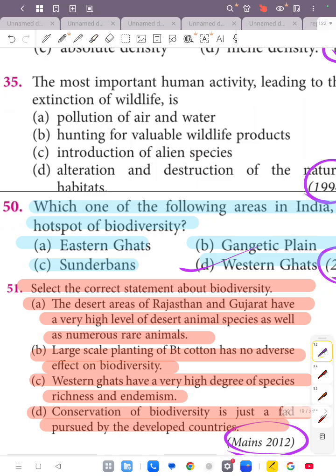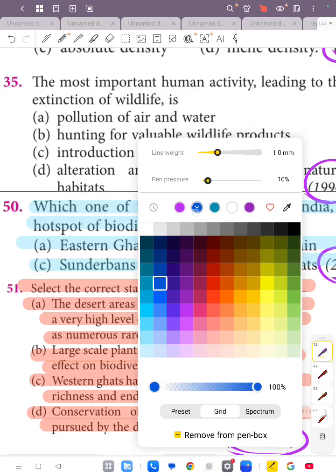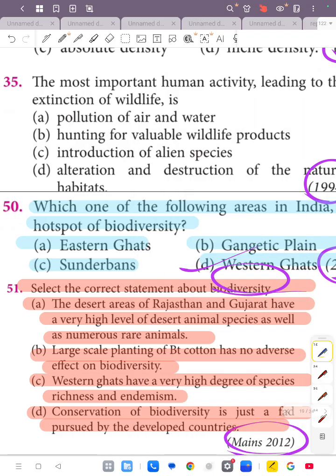Okay. Now select the correct statement about biodiversity. What do you think would be the correct statement according to you? Now see, desert areas of Rajasthan and Gujarat, do they have a very high level of desert animal species? What are the variety of animals? No, that's not the case, right? So we eliminate option number 1. Now large-scale planting of BT cotton has no adverse effect on biodiversity. That's incorrect as well. Because in fact in India we have this